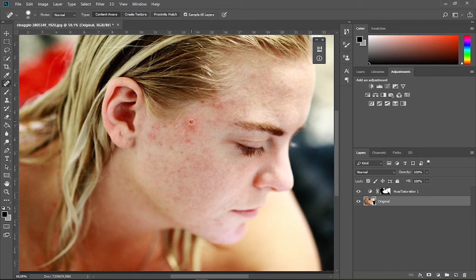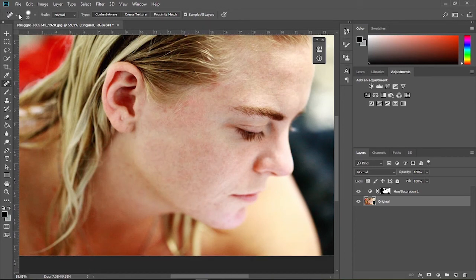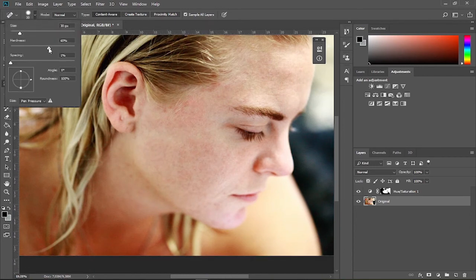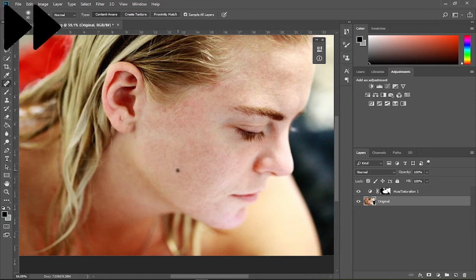If you are going to remove a lot of acne or patches from your photo, it could take some time, so please be patient in this step. And now, if you need to remove some minimal patches and refine the face surface, make the brush size small and set the hardness amount to 0%. Then take your time to brush around the face surface as much as you need.